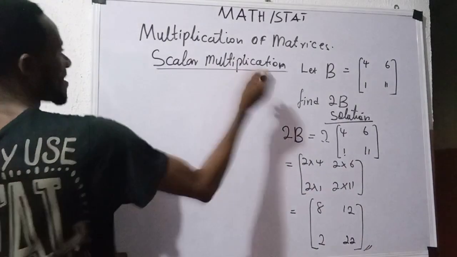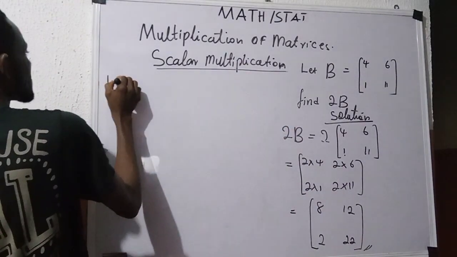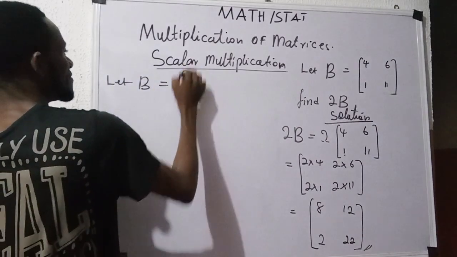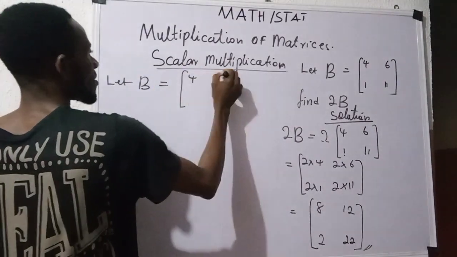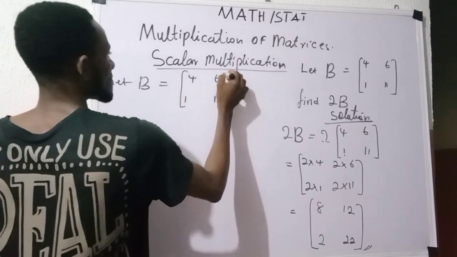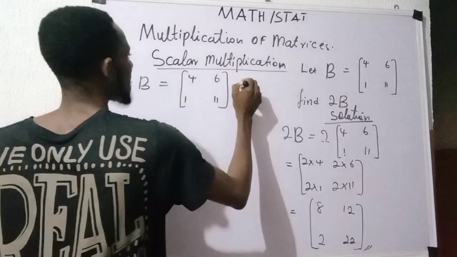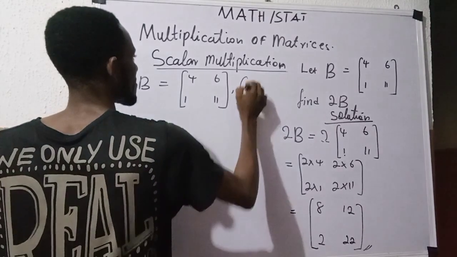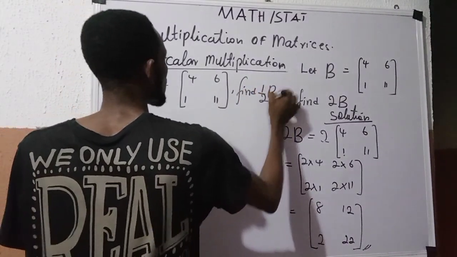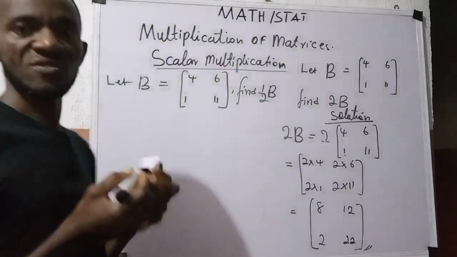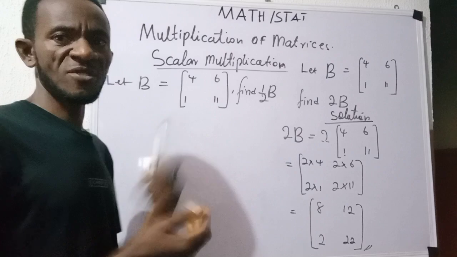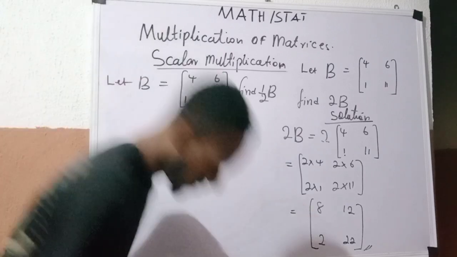What if this B now here is, I'm saying, let's say B still remains 4, 6, 1, 11. I will now say, find 1 over 2B. So I'm to find 1 over 2B. For me to find 1 over 2B,